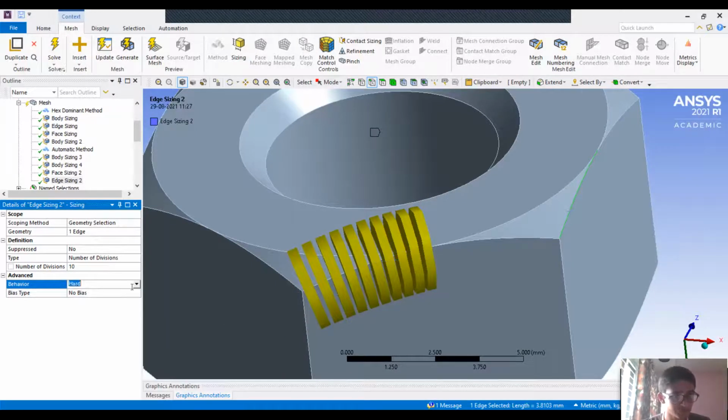So if I keep it as soft, and if the face is being matched with some other edge, some other face, or there are other types of element sizes applied in multiple ways, then in the soft behavior they will be overridden, and the mesh generator will automatically decide what to do. In that case, it can change to 9, 8, or increase to 11, 12, anything. But if I keep it as hard, it will strictly follow the number of elements given here as 10